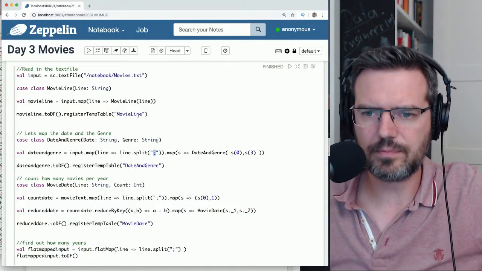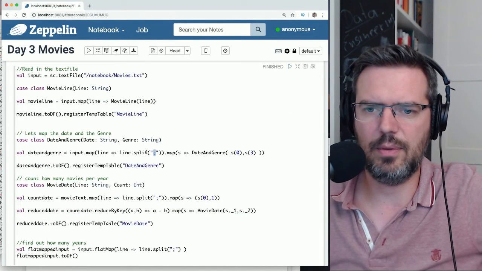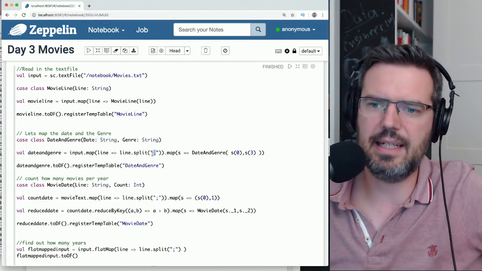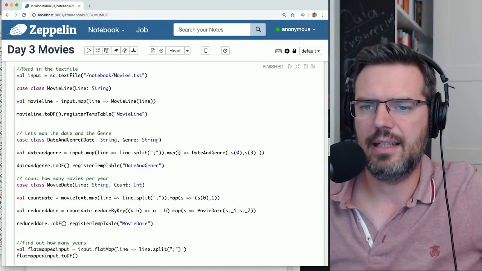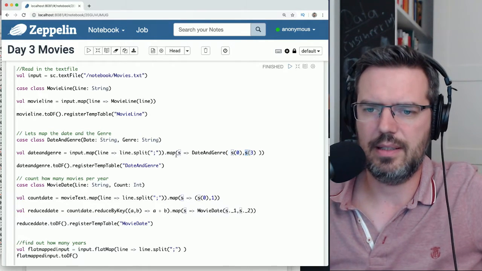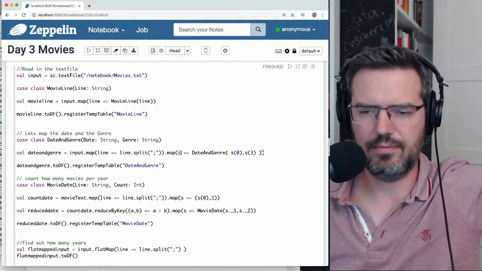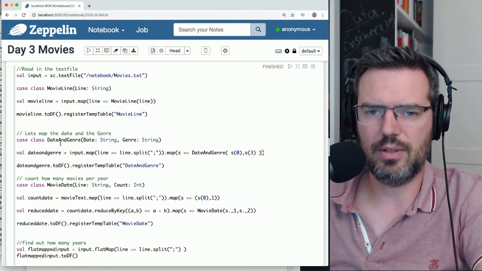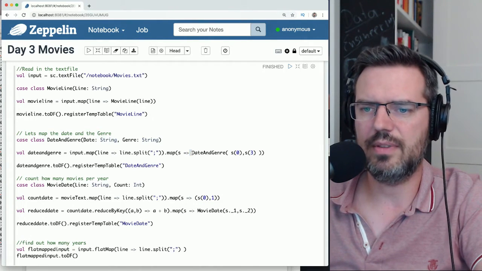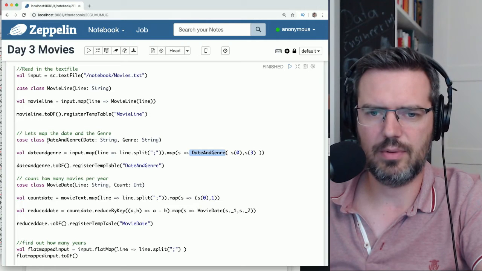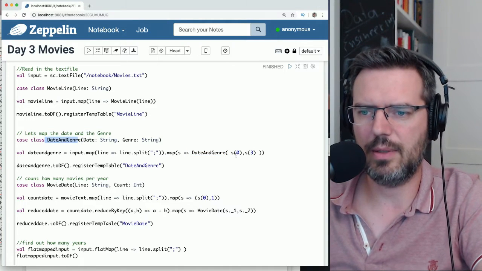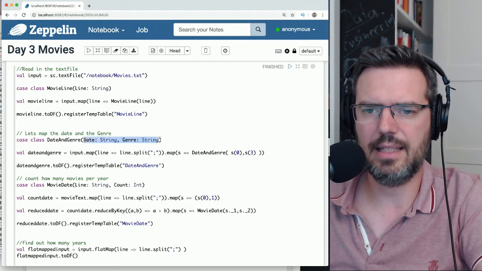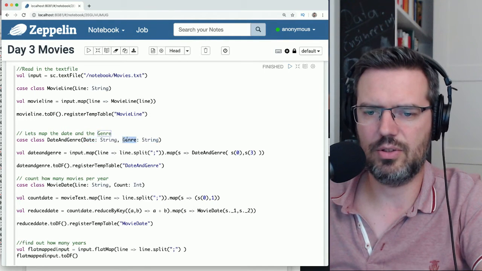So from this split line, we are taking the objects S0 and S3. The S is a variable, you can use anything here. We put them into the class of date and genre, so S0 becomes the date and S3 becomes the genre.